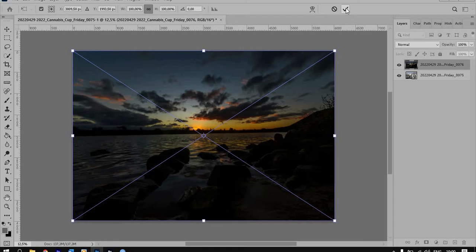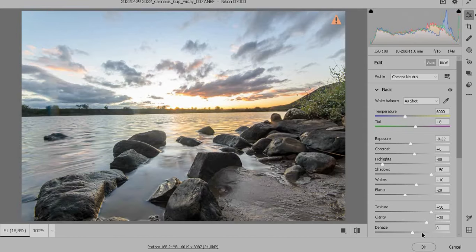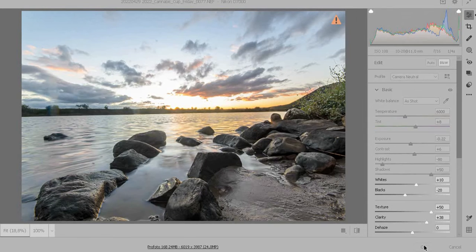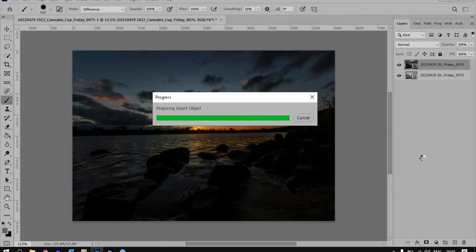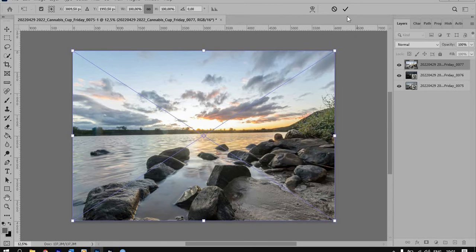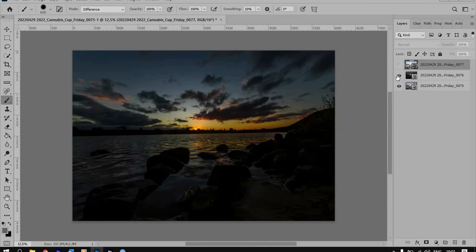You just need to accept the transformation, and then the last layer, the bright layer, would now open in Camera Raw. Again, we can just say OK because we have already done the adjustment, and now it goes. Again, we need to accept the transformation placement,